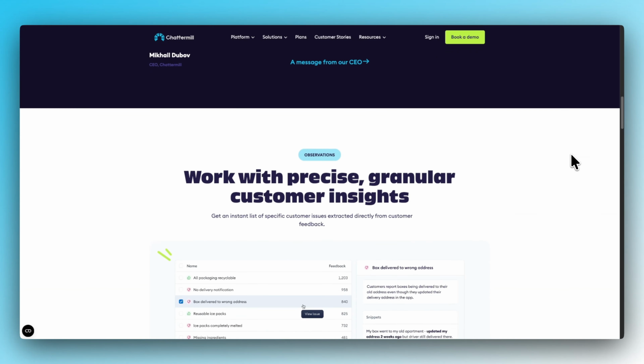Fifth, Lexalytics. If you're looking for an AI text analytics tool that's built for scale, accuracy, and enterprise-grade NLP, Lexalytics is one of the most established players in this space. Lexalytics isn't a VOC platform or a survey tool by itself. It's a powerful text analytics engine that many large platforms actually use under the hood. Its core engine is deep natural language processing, especially when you are dealing with large volumes of unstructured text and